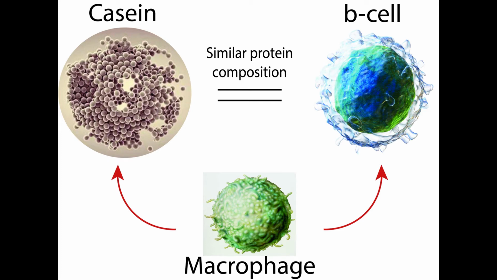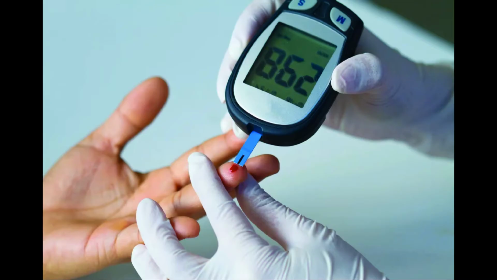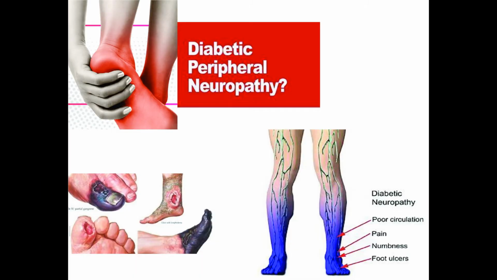Let's see how this condition manifests itself. As beta cell numbers are diminished, the insulin production reduces, and so the ability of the cells to absorb the glucose is reduced too. This leads to an increase of the glucose level in the blood. This glucose in the blood serves no purpose, yet all the cells of the body are starving. High levels of glucose in the blood cause damage of the nerve and connective tissues. High blood glucose level brings harm to the blood vessels.